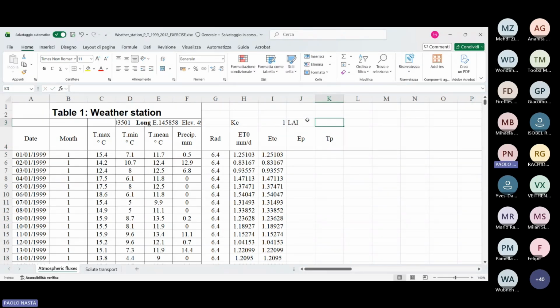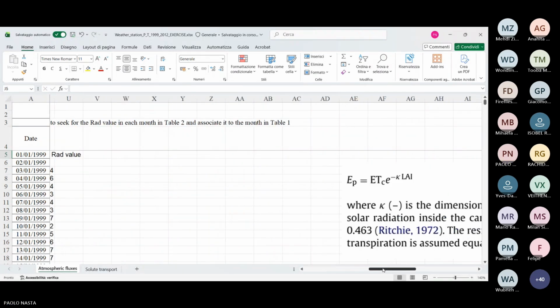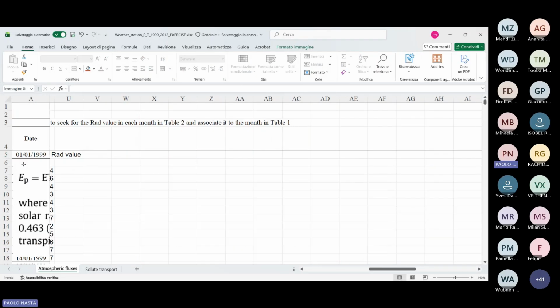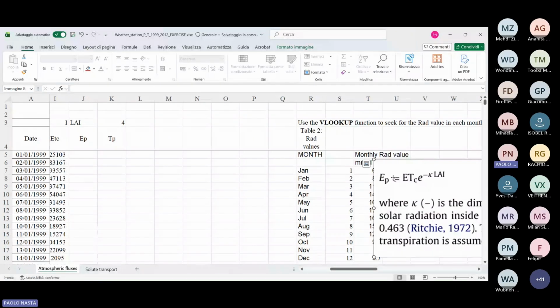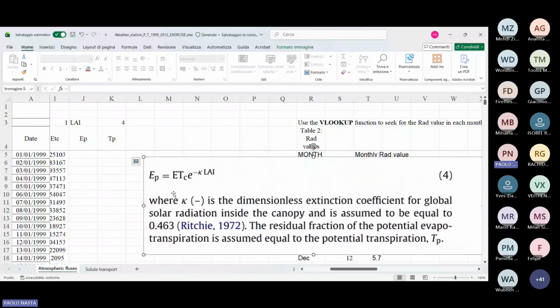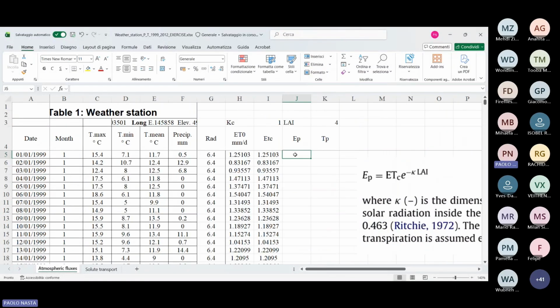And we assume that the Leaf Area Index is, for instance, 4, okay? We just invent the Leaf Area Index, and we know that we must use this other equation from the slides. So we report this equation. I remember that by heart. So the EP is equal to